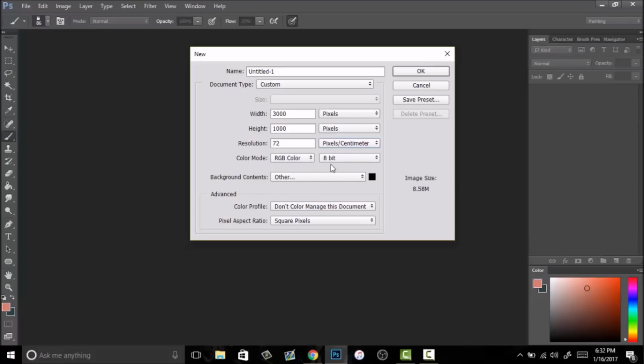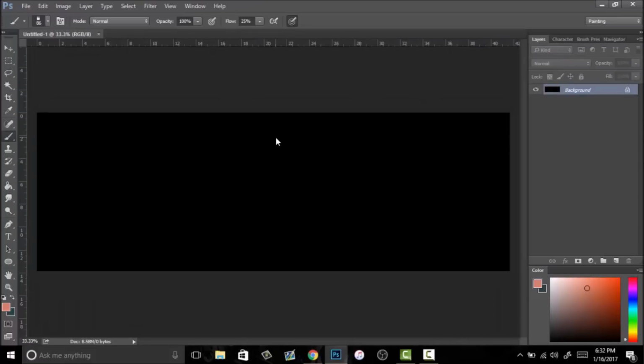And for color mode, RGB color, and then 8-bit, it doesn't really matter. But the rest of this is fine. Background color, just black. That doesn't really matter, but okay. And so we're going to be starting out like this. You just get a black little